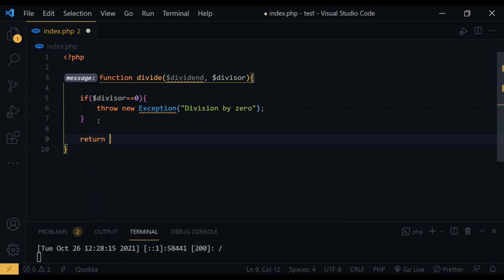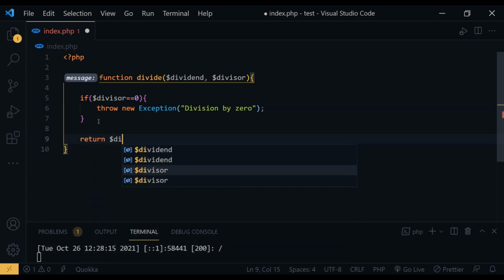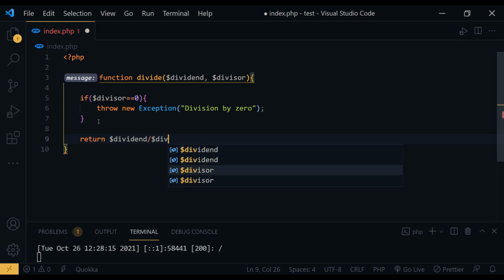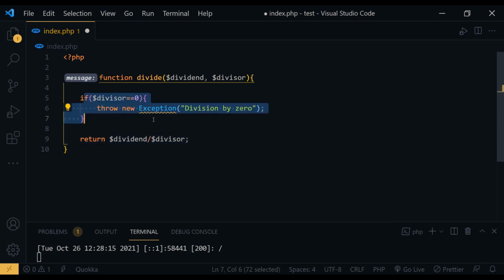Let's return, otherwise it will return dividend divided by division. Okay, here we have still not implemented try catch. Within this function we have not implemented try catch, but I will implement it where it's called,